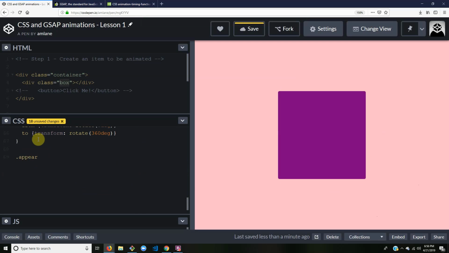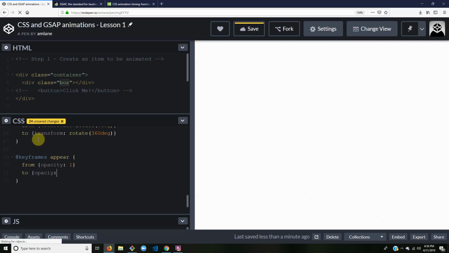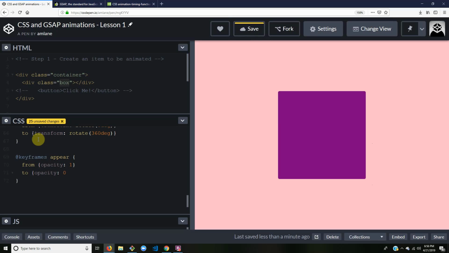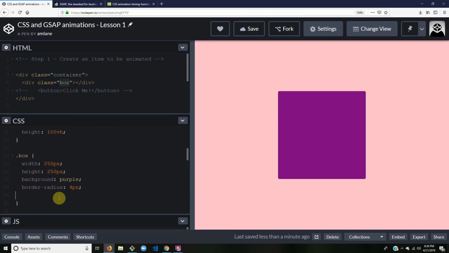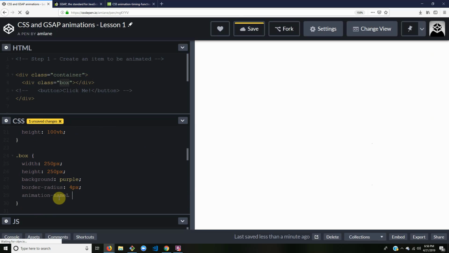And we'll call this appear. Oh, we need our @keyframes, so don't forget that. That's the most important part. And then we are going to call this appear, and we're going to go from an opacity of 1 to an opacity of 0, which will be total transparency, right? All right, so save. Okay, and we can come up to the box and add an animation name of appear